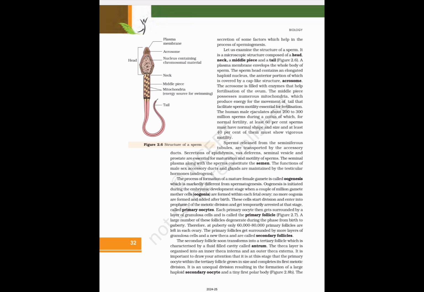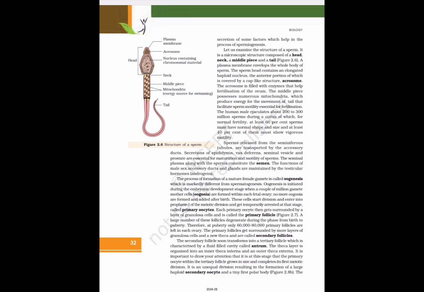Let us examine the structure of a sperm. It is a microscopic structure composed of a head, neck, a middle piece, and a tail. A plasma membrane envelops the whole body of sperm. The sperm head contains an elongated haploid nucleus, the anterior portion of which is covered by a cap-like structure, acrosome. The acrosome is filled with enzymes that help fertilization of the ovum. The middle piece possesses numerous mitochondria which produce energy for the movement of tail that facilitates sperm motility essential for